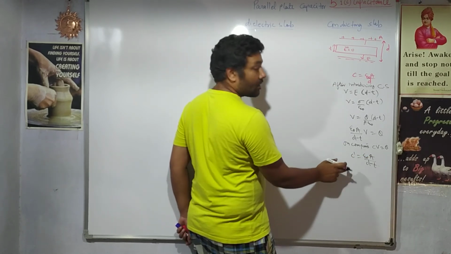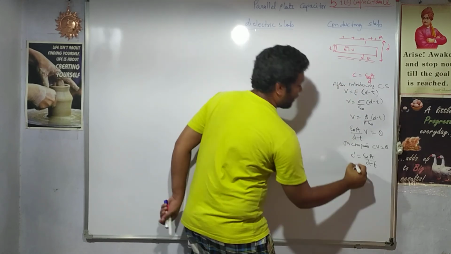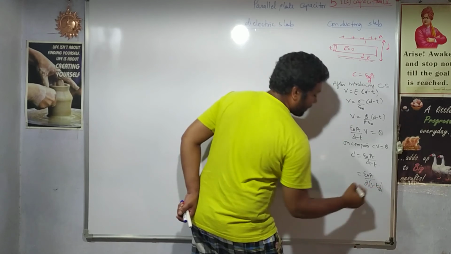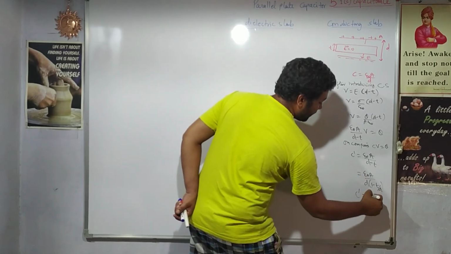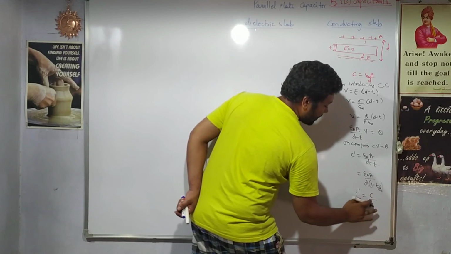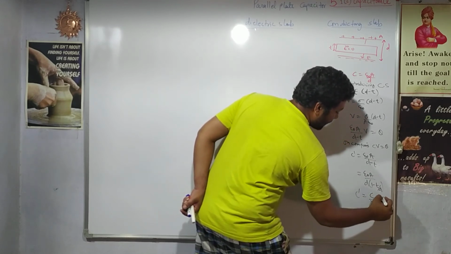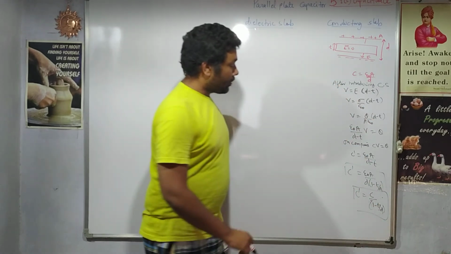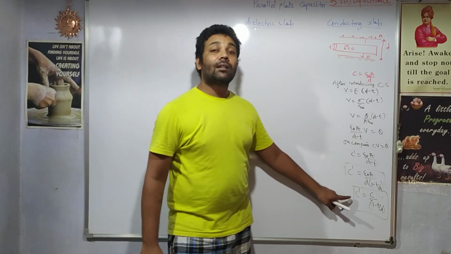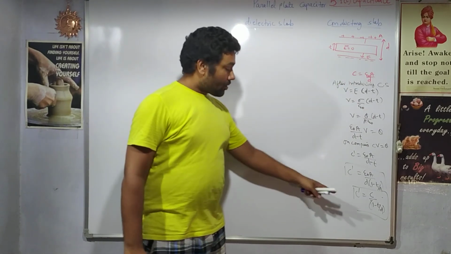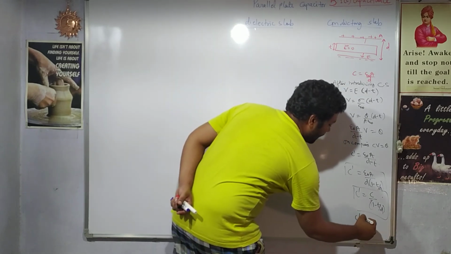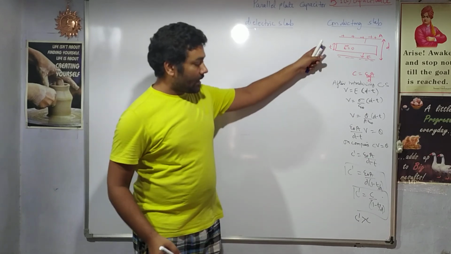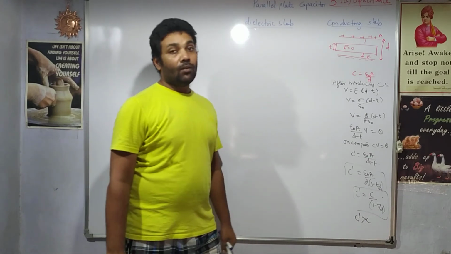Let us simplify further so that we can compare it with the original capacitance. If we take out D common, it will be 1 minus T by D. Epsilon naught A by D is nothing but the C. So C into 1 minus T by D. Looking at this fraction, this is the effective capacitance after introduction of the conducting slab, and this is the comparison with the original capacitance. So from this we know that obviously the new capacitance is greater than the original capacitance. So when you introduce a conducting slab, the new capacitance will be greater than the original capacitance.